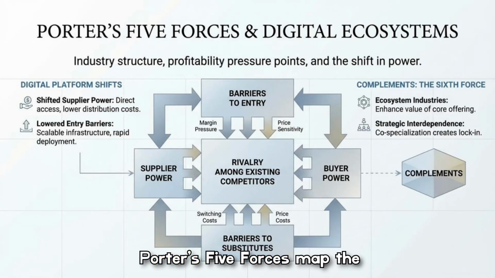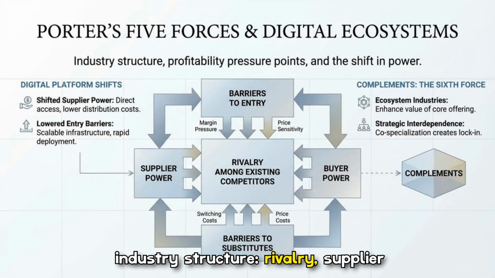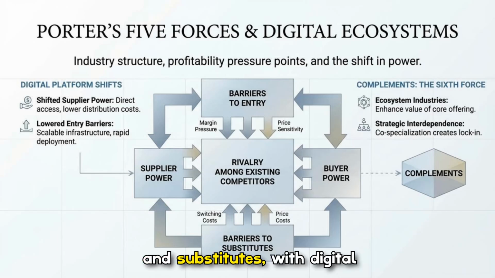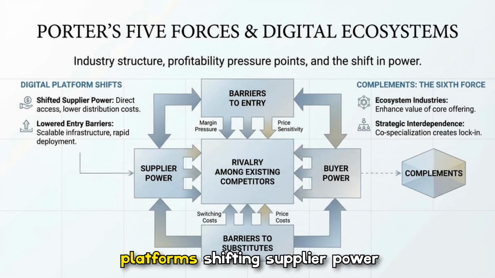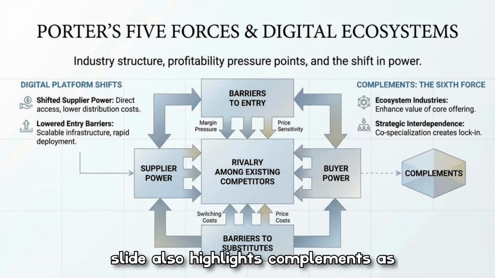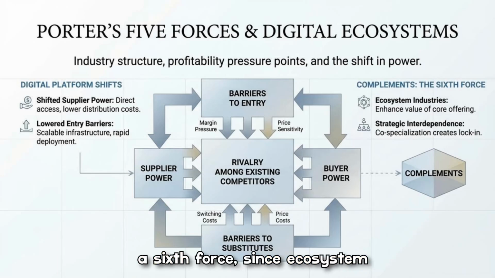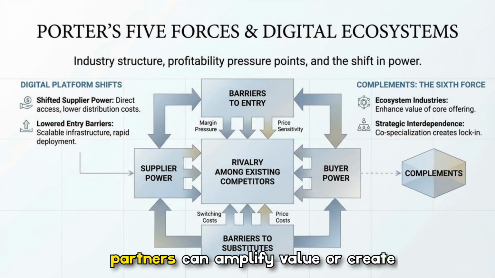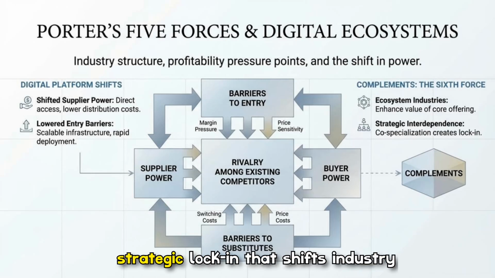Porter's 5 forces map the competitive pressures shaping industry structure: rivalry, supplier and buyer power, barriers to entry, and substitutes, with digital platforms shifting supplier power and lowering entry barriers. The slide also highlights complements as a 6th force, since ecosystem partners can amplify value or create strategic lock-in that